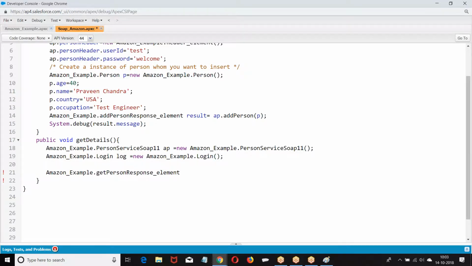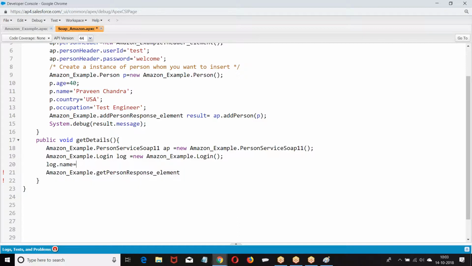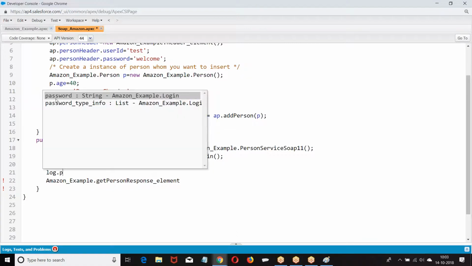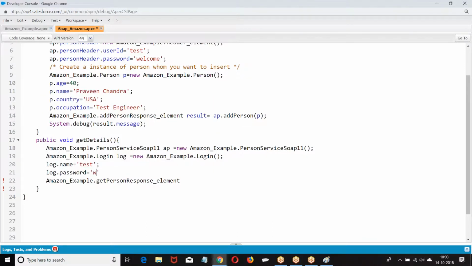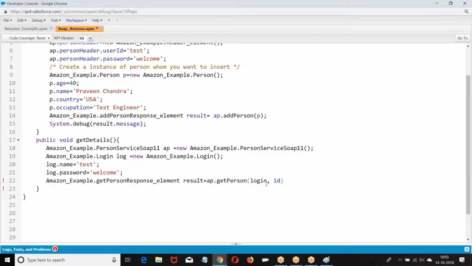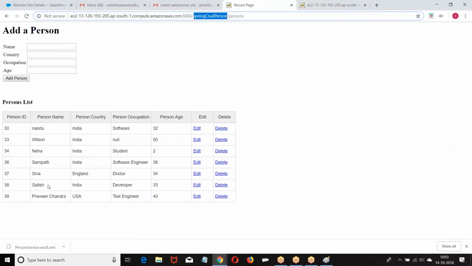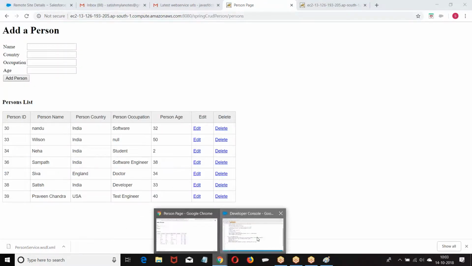Then log dot name, log dot password. Now they ask you to get person: ap dot get person with log and the ID of the person. Which person do I want? There is 39, which we inserted.